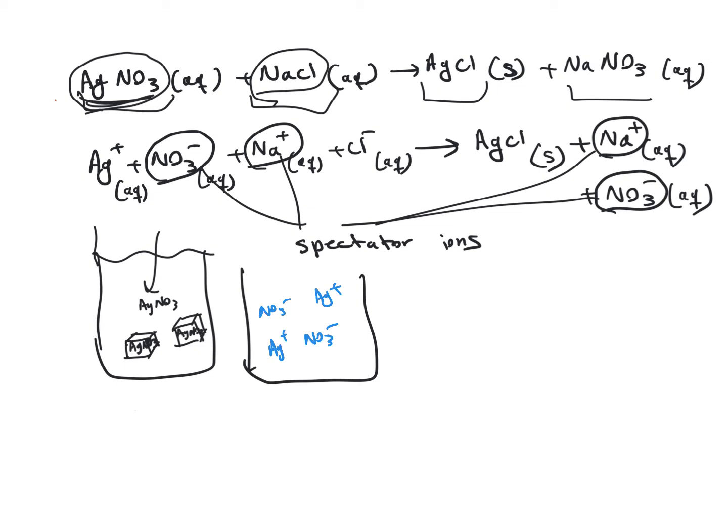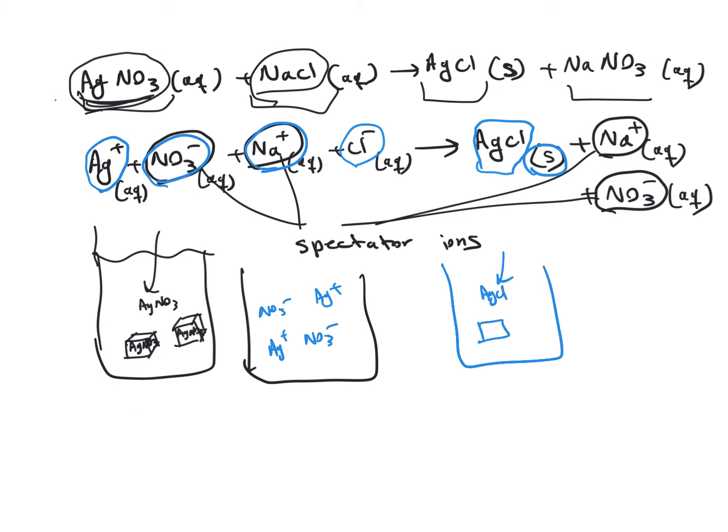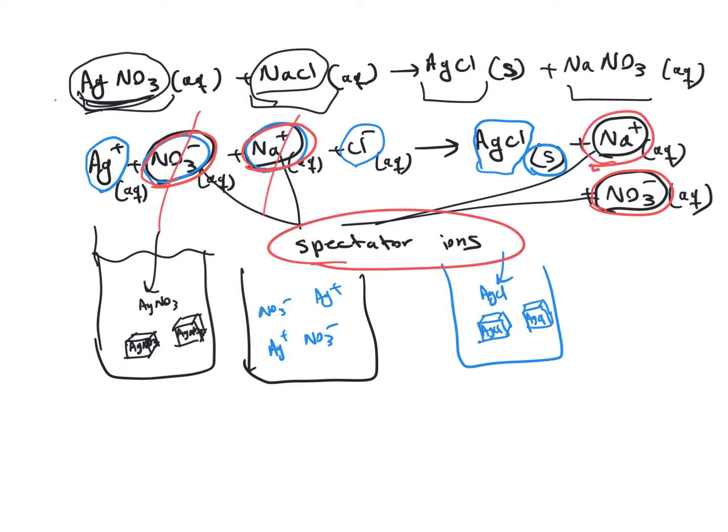So by the same rationale, we wrote Ag plus, NO3 minus, Na plus, Cl minus. And for solids, liquids, and gases, you don't touch them. You won't write them as their constituent ions, because if you have AgCl and dissolve it in water, you actually see AgCl, because it won't dissociate, it won't dissolve in water. And then we have some ions that don't participate in the reaction, so we call them spectator ions. And if we omit them, we can write the net ionic equation,